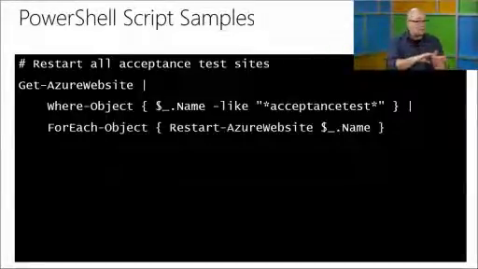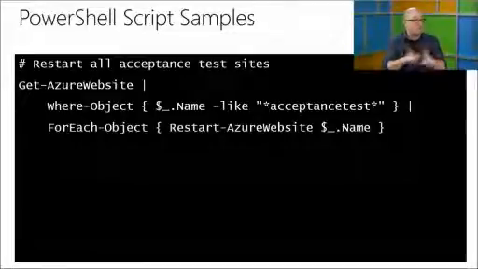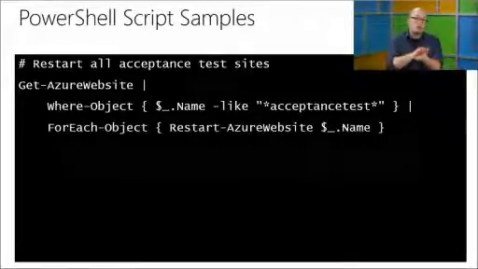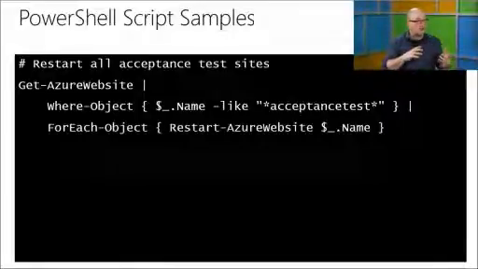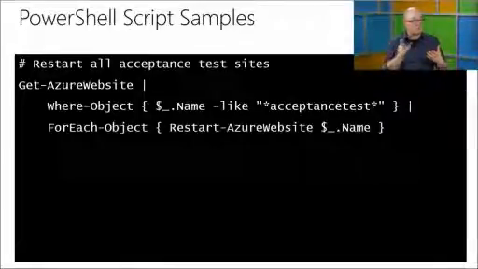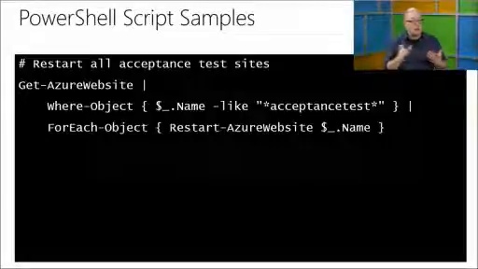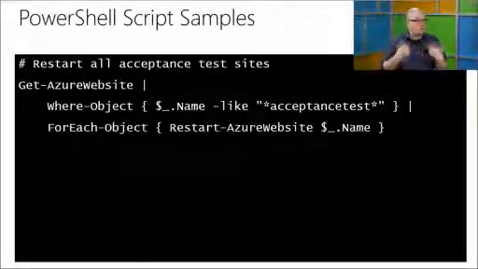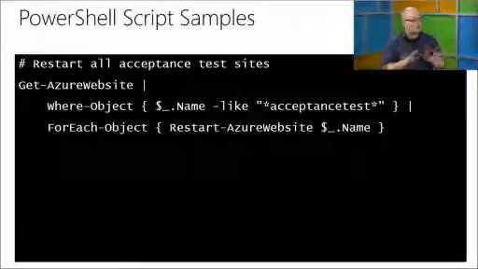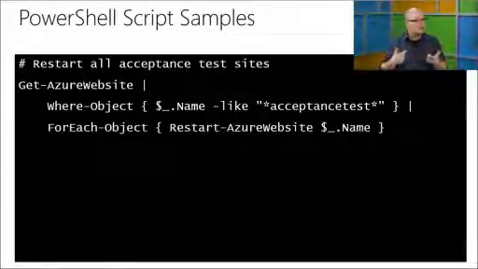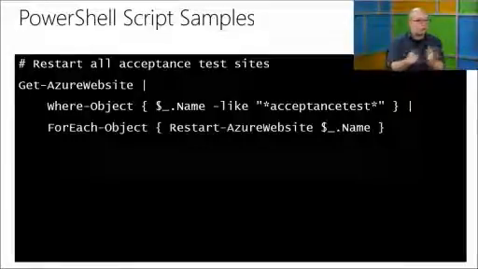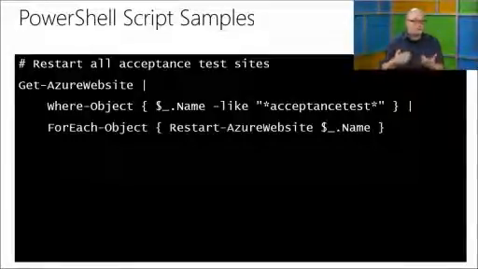And from that point forward, you can now start to just issue commands against Windows Azure. So here what I'm doing in PowerShell is I'm actually getting a list of all of the websites. I'm filtering for the ones that match a specific pattern, i.e. in this particular case, acceptance test, and then I restart them all. So if you've got a staging environment where you're running acceptance tests, this is a really easy way, just 3 lines of code, basically, and you can restart all of your